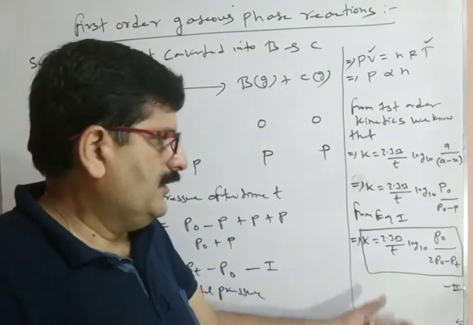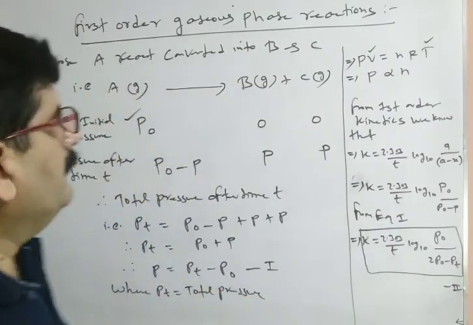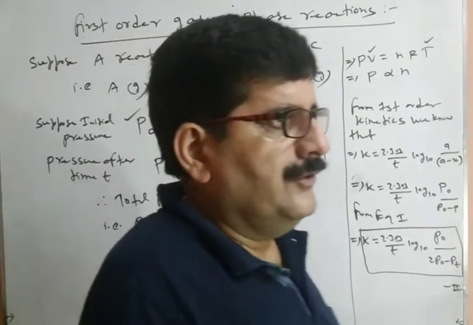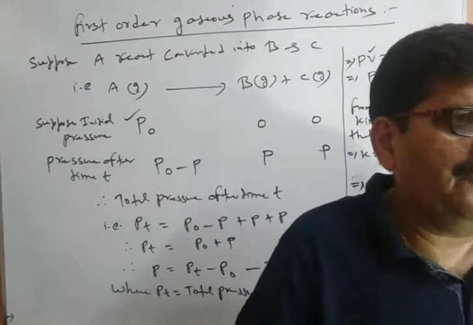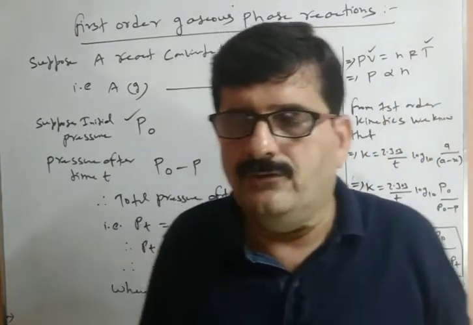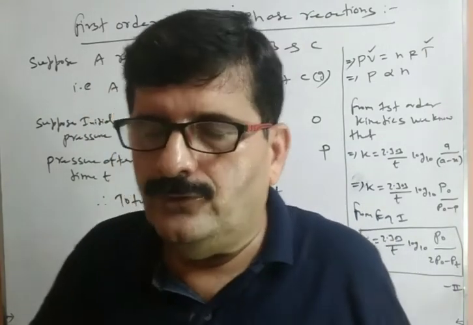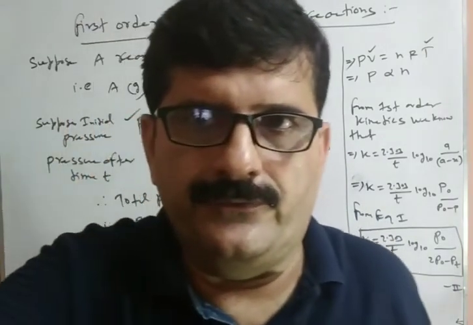This is our expression when this pattern of gaseous phase reaction is given. So in a nutshell, we can say for any gaseous phase reaction, we can find out the value of k if it follows first order kinetics. One important thing always remember,